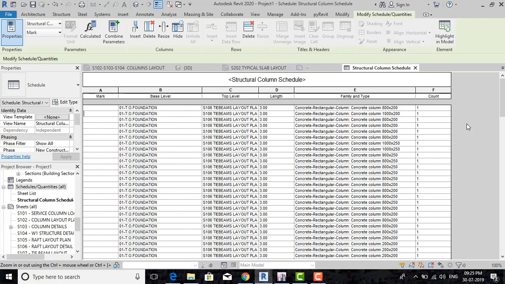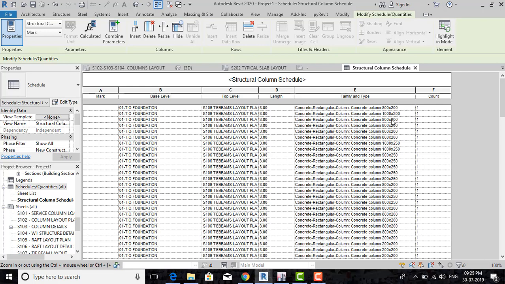You can just modify the parameters here, and the same parameters of those columns, only those columns will be modified in the model. For example, if I want to change this length here, the length will be automatically changed in the model. Alright, you can see we have several types of columns here, 800 by 200, 1000